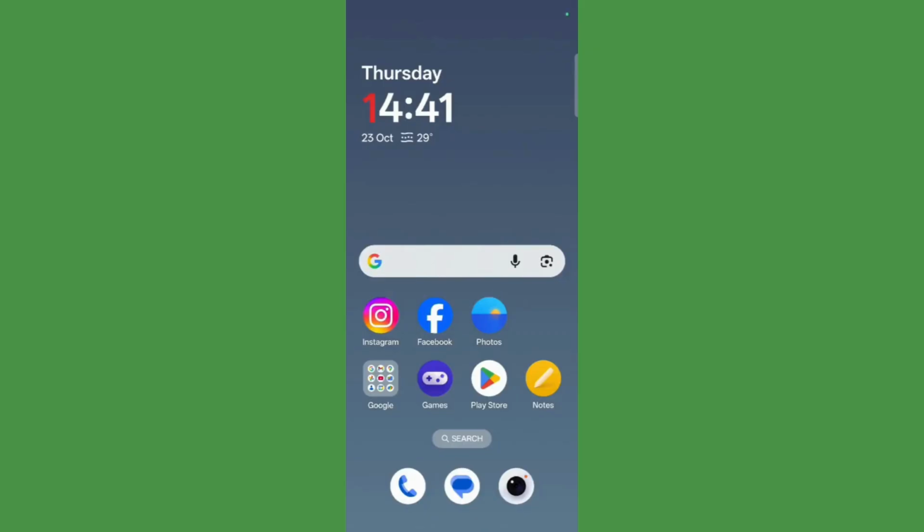How to download Fortnite for your Android device. So hey guys, welcome to this tutorial. In this tutorial I'll be guiding you through the steps on how you can download Fortnite for your Android device